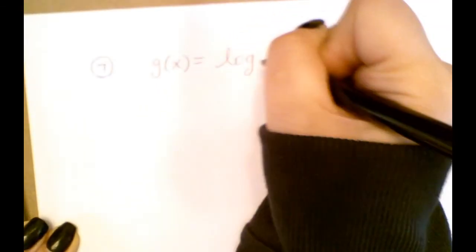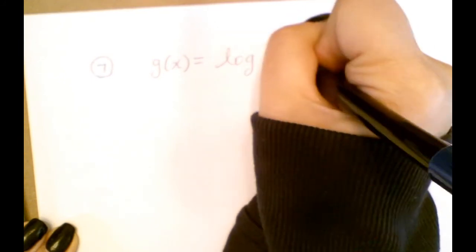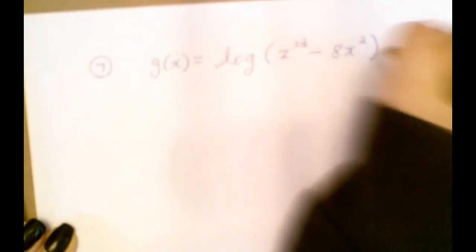Number 7. Write this down. Well, I'm tired of f of x. Let's go with g of x. g of x equals a log base, I'm not gonna tell you what log base, of x to the 12th power minus 8x squared. How random. Okay,